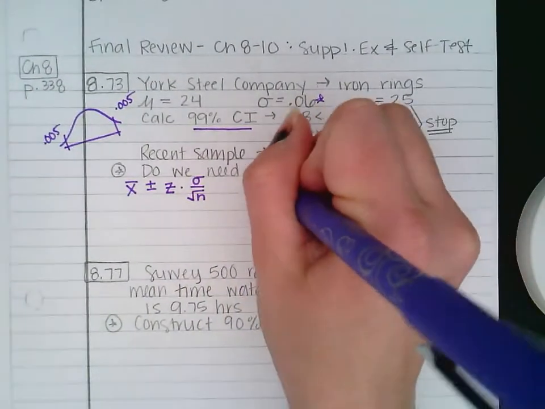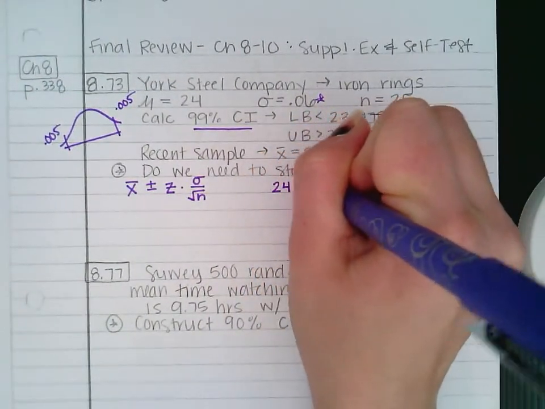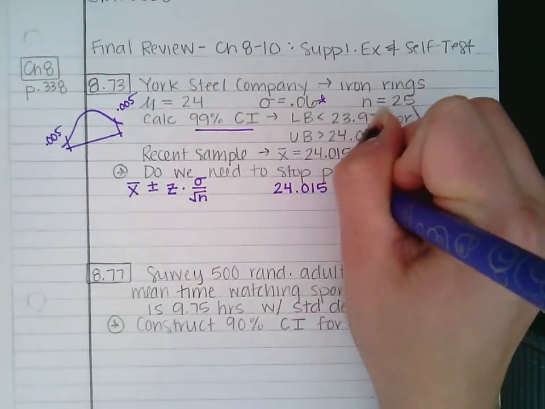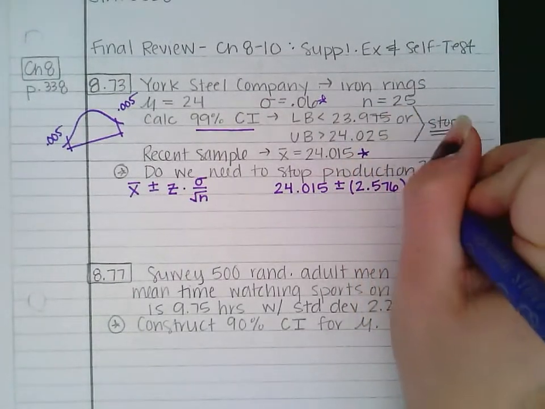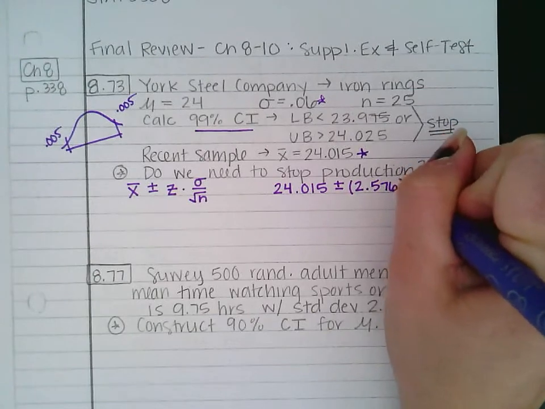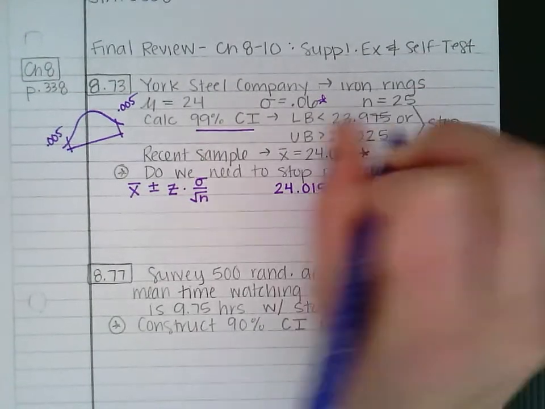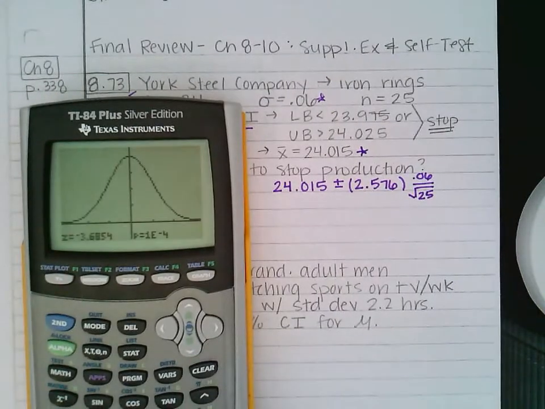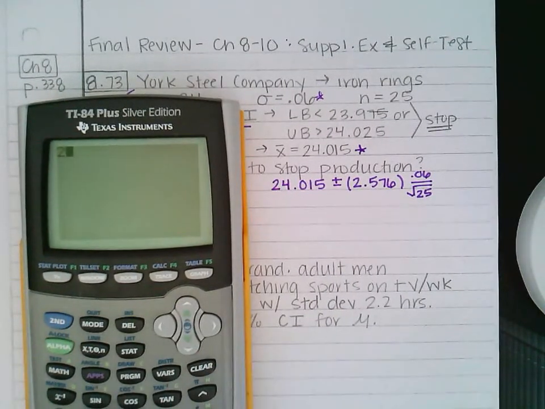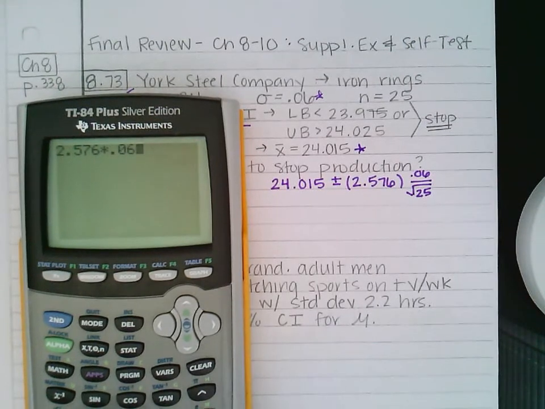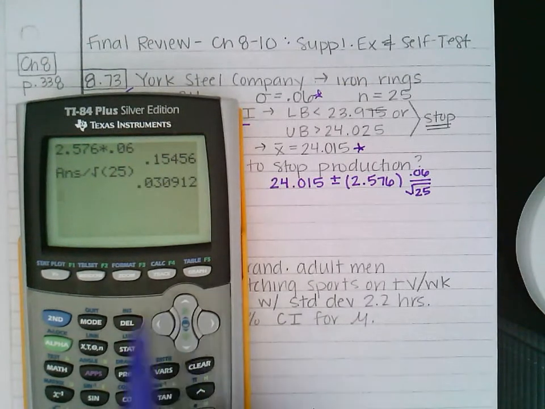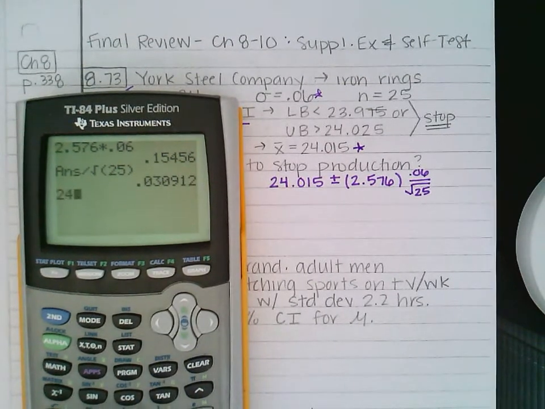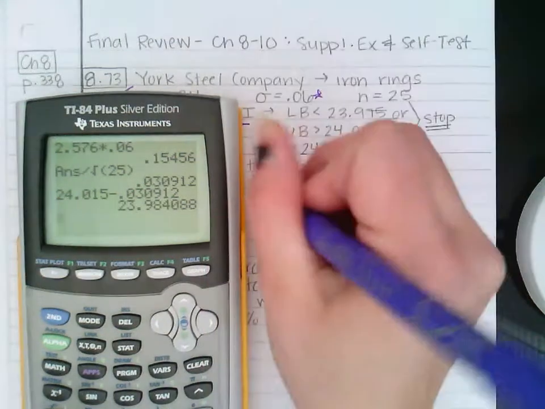All right, so let's go ahead and do this. 24.015 plus or minus 2.576 times the standard deviation all over the square root of n. Let's calculate just the margin of error first. Okay, so my margin of error is 0.03. So if I have 24.015 minus 0.030912, I get